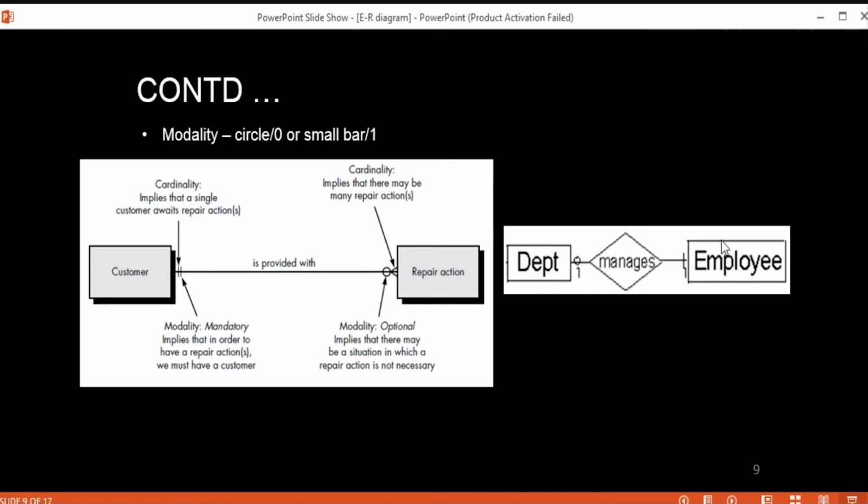So for the department, the employee is a must, but the employee can exist even if there is no department. That we have shown using this modality. Clear? Did you understand the existence? Yeah.